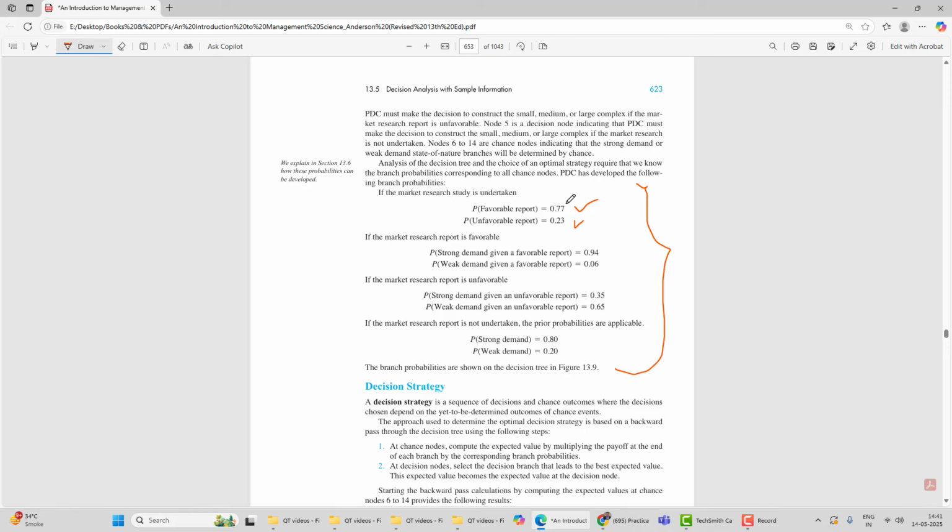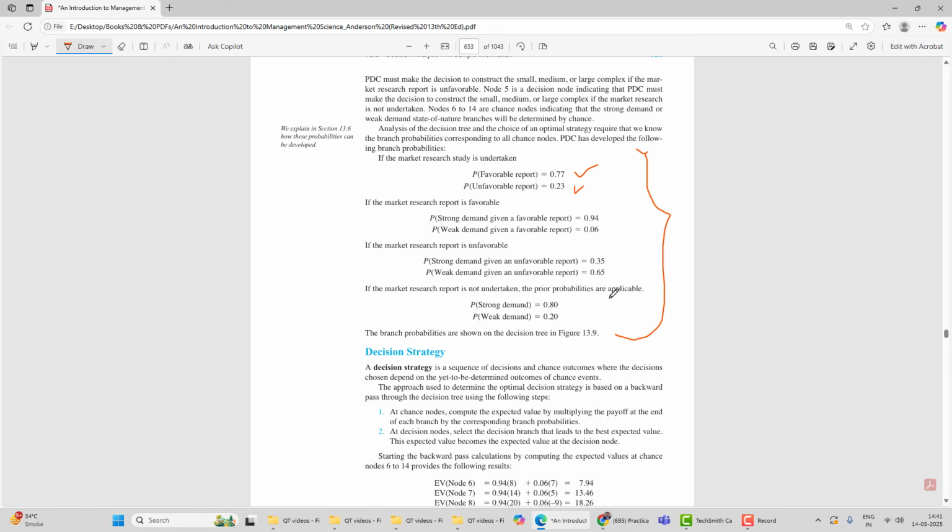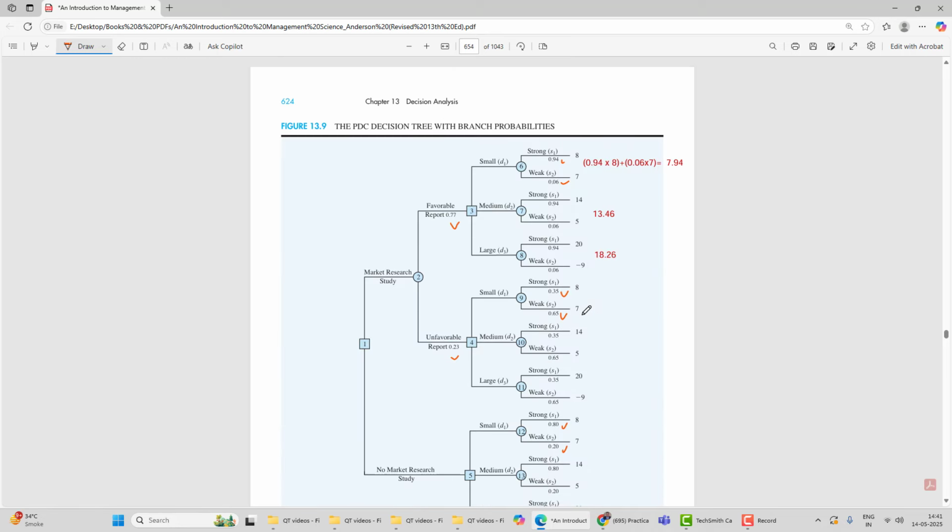Now clearly, suppose one of this is given, the other will be always 1 minus that. You can see clearly. So sometimes in any question or in the exam, you get only one, the other one you can easily calculate, right? So now how to do the calculations? Obviously the entire calculation is based on the expected value, and we know how to calculate expected value. For EV6, this expected value will be 8 into 0.94 plus 0.06 into 0.7. So it is coming to 7.94. So everywhere you will do this calculation, multiplication, addition, and when you do all this, you will get the answers here,